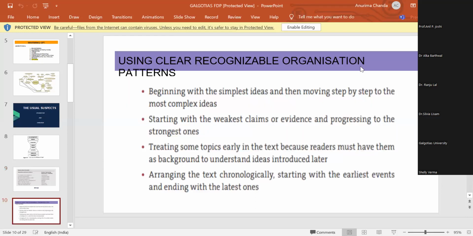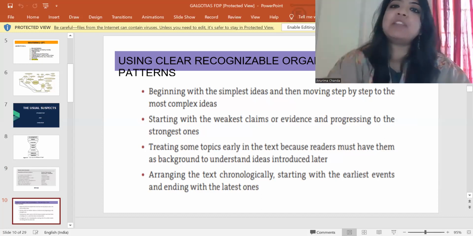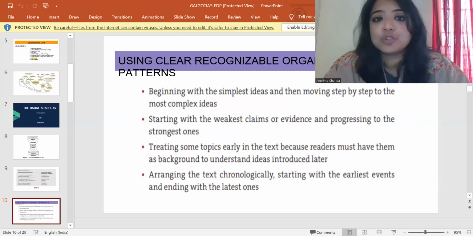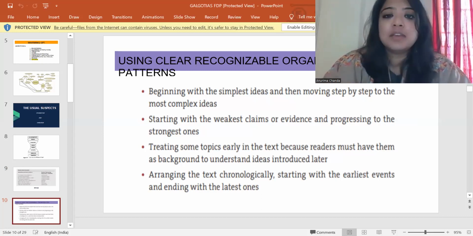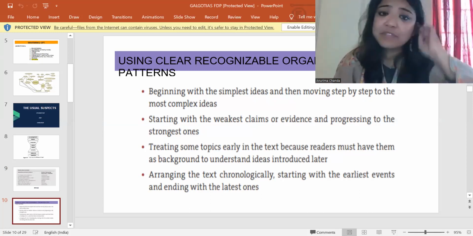Now, while we are talking about outlining, one thing that is very, very important is to use a pattern that is easily recognizable, so other people will be able to understand it, because there is very, very little scope for random writing. That is something other people might not be able to follow. So even when you're outlining the entire thing, from the introduction to the body to the conclusion, there are particular techniques that most people use that work very, very well.